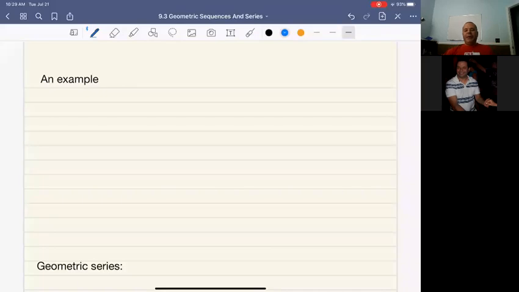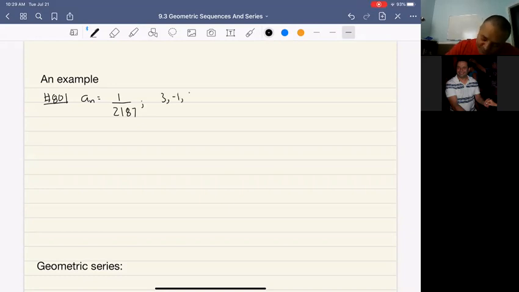All right, welcome back. So we're going to start with an example. Our example is actually number 80 in the textbook. Okay, and it gives us this information. a sub n is 1 over 2,187. Okay, and our sequence is given by 3,